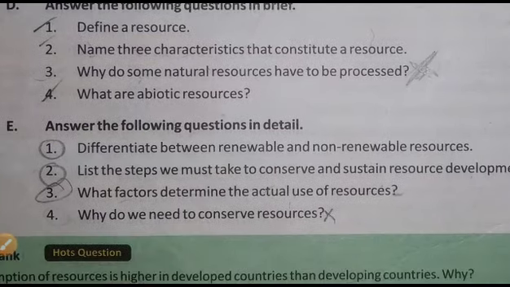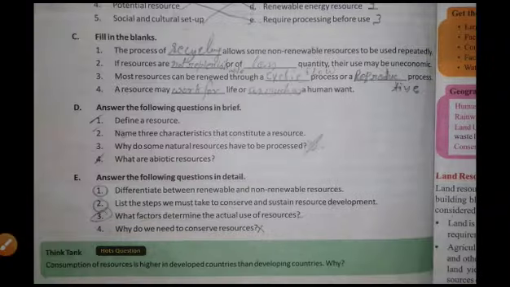Next, there are some questions, four questions. Answer the following questions in detail. And the first question is: differentiate between renewable and non-renewable resources. And the answer of this question is